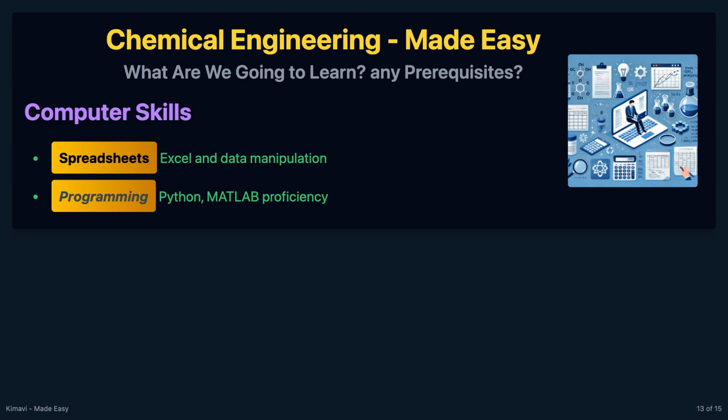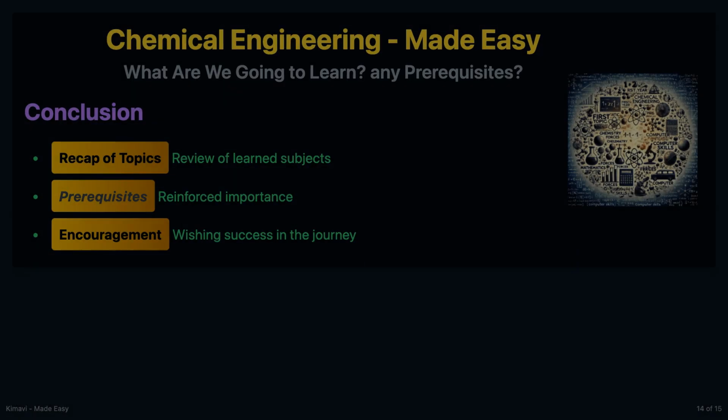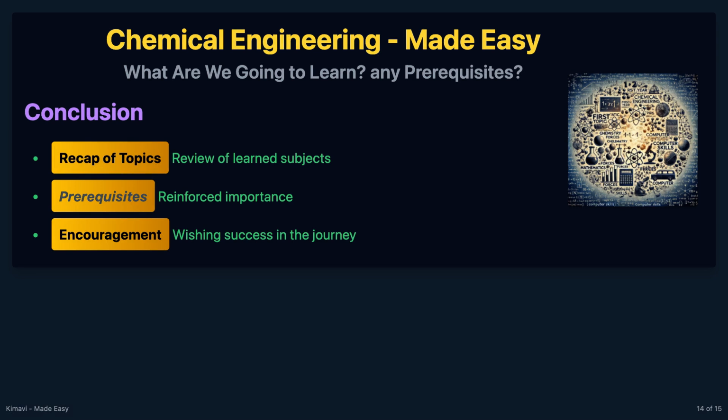Basic computer skills are necessary for simulations and data analysis. You should be familiar with using spreadsheets, such as Microsoft Excel, and have a basic knowledge of programming languages like Python or MATLAB. This tutorial has provided an overview of what you will learn in your first year of chemical